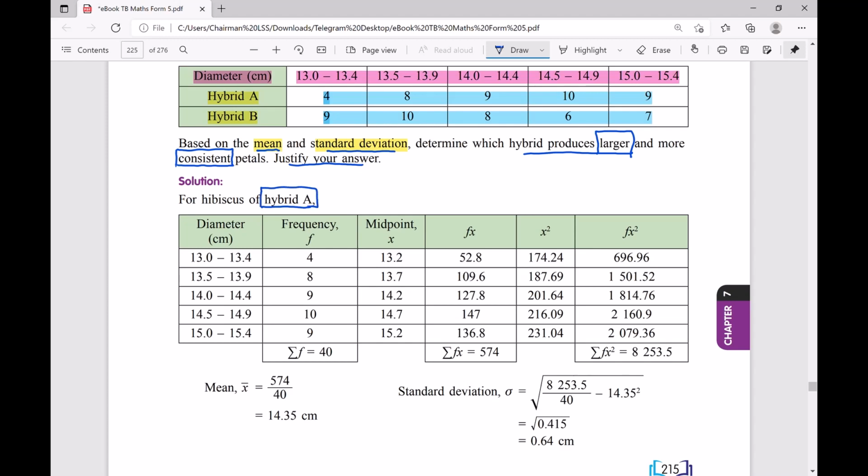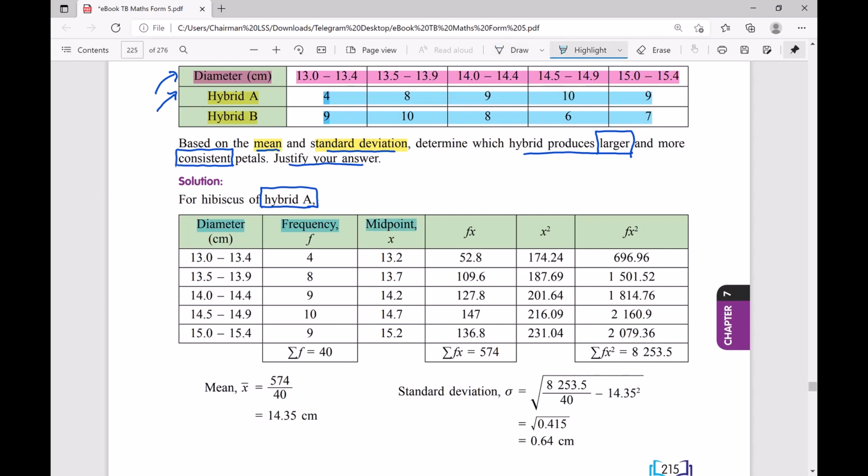The diameter and the frequency, you just rewrite back in a different table. And then because you want to find the mean, you have to